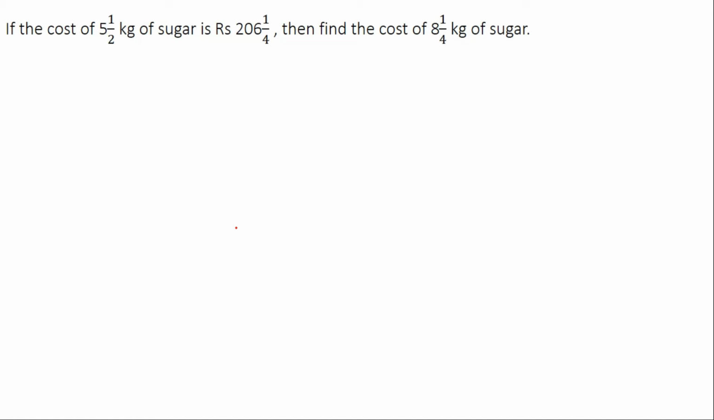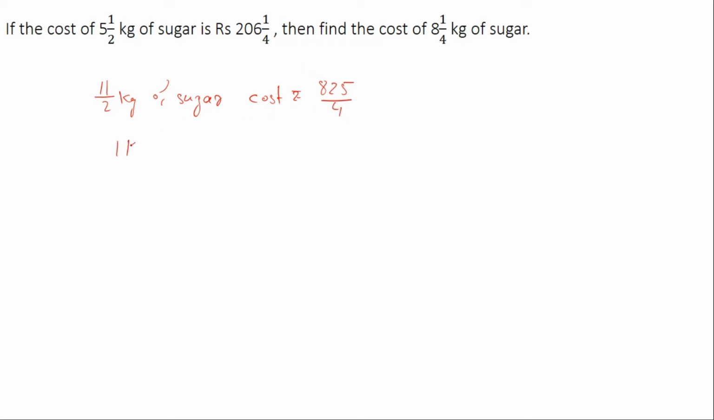If the cost of 5 whole 1 by 2 kg of sugar is rupees 206 whole 1 by 4, then find the cost of 8 whole 1/4 kg of sugar. So it's better to use the unitary method. So first of all, change the mixed fractions into improper fractions. It will be, if 11/2 kg of sugar costs rupees 825/4,